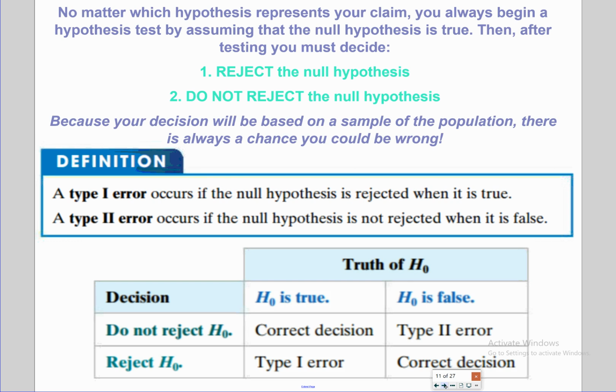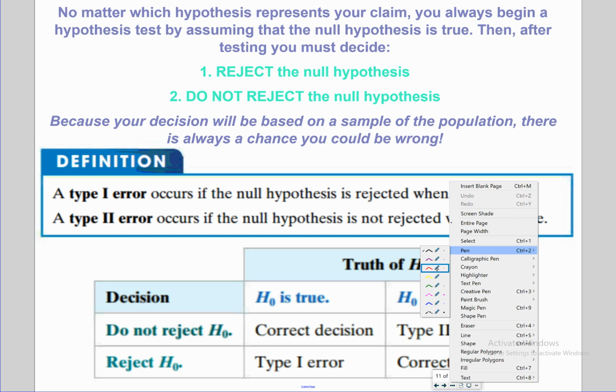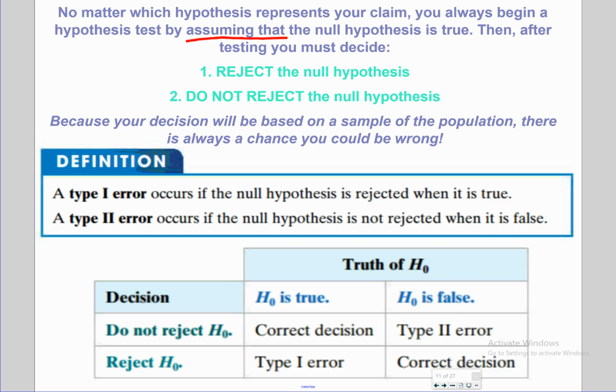All right, so it says, no matter which hypothesis represents your claim, you are always going to begin by assuming that the null hypothesis is true. So that will always be the assumption that is being made. And then we're going to do some math to figure out if we will accept that it's true or we will reject that it's true. So we don't usually use the word accept